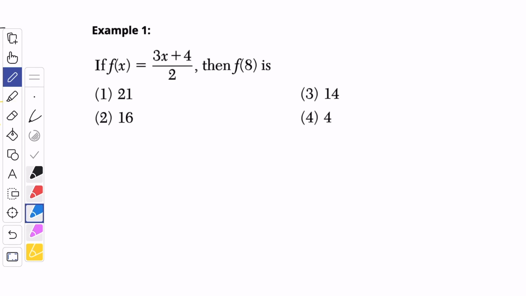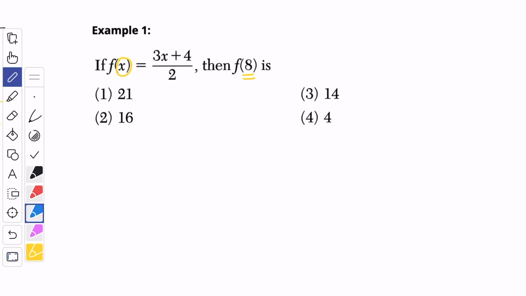In this video, we're going to talk about how to evaluate functions. Evaluating a function means that you are given a value for the variable that you will replace and then find the y value. So in this example, it says if f of x is equal to 3x plus 4 divided